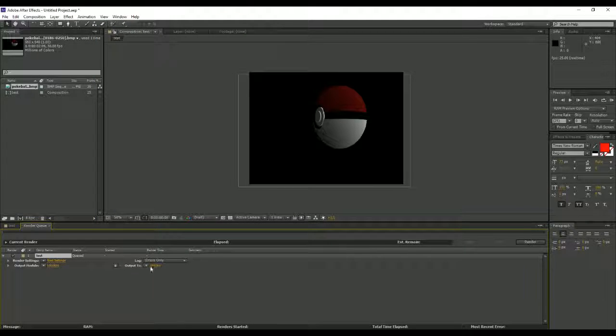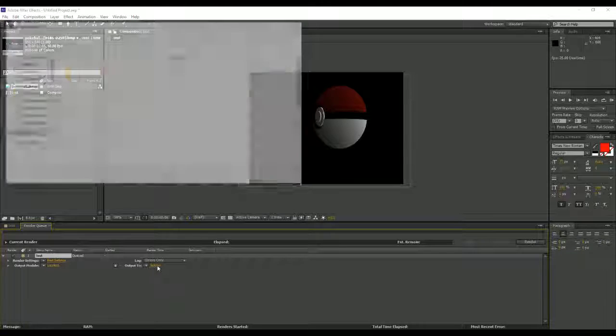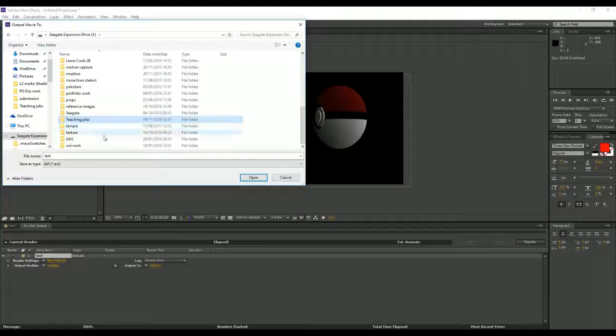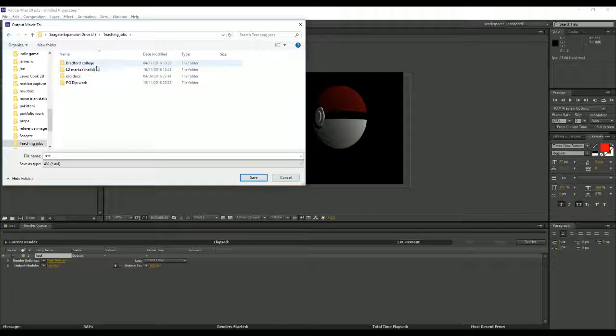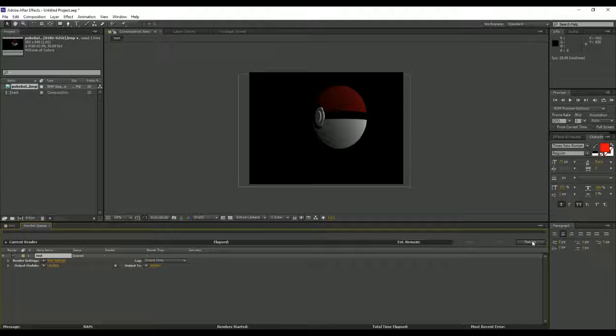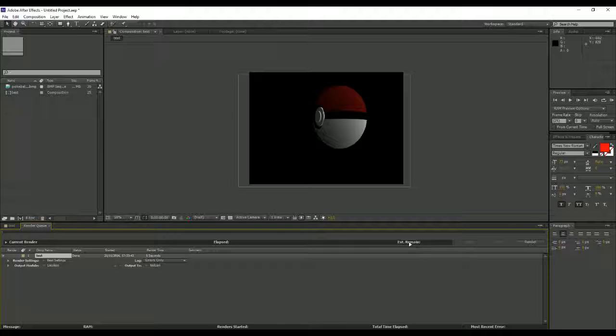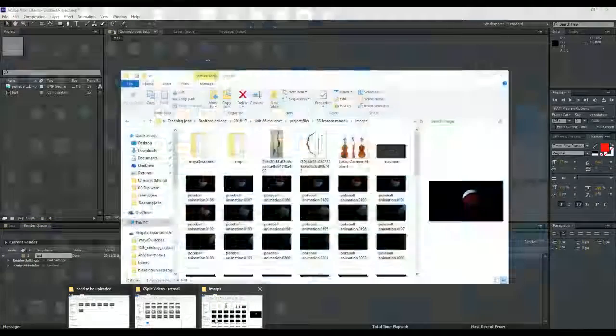But once you're happy with that, where it says output 2, click on that, and for now I'll just save it to here, call it whatever you want, press save, and in the far right hand corner here you have a button that's called render. Click on that and it will render out your animation, and you should get a ping sound effect if you have your volume on to tell you that it's complete, like so, if you heard that on the video or not. So if I go to,